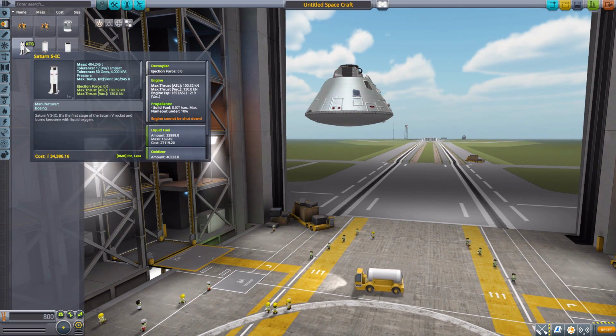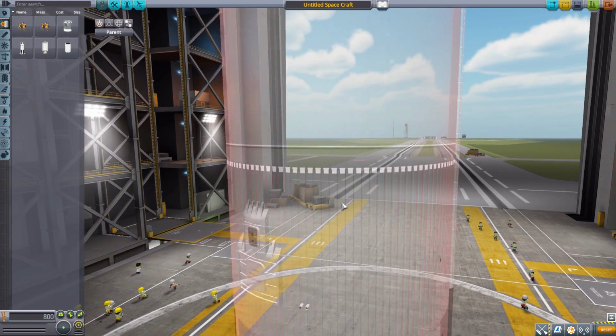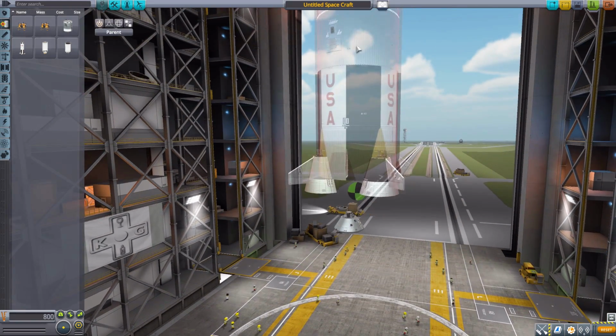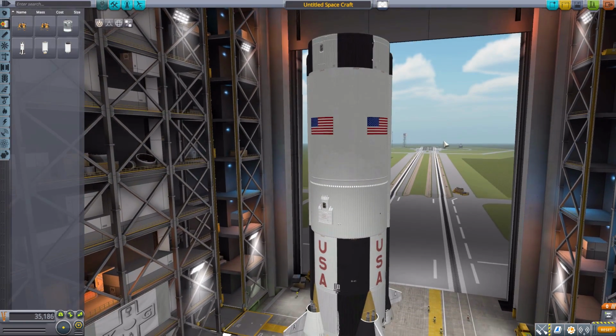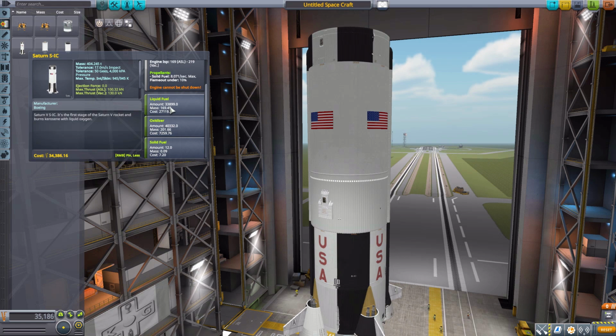And the next part we have is the Saturn S-IC, which is gigantic. Oh boy, yeah, really gigantic fuel tank. Oh, I may have to... You know what? Let's attach it to the top. That looks like a much better option for me right now. There we go! Gigantic fuel tank, which holds, oh boy,